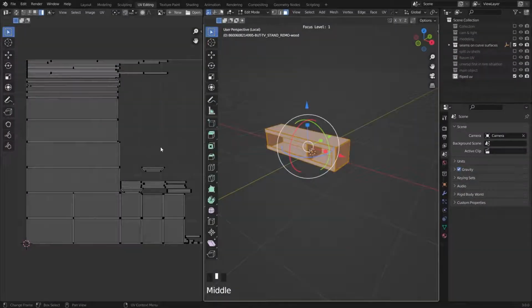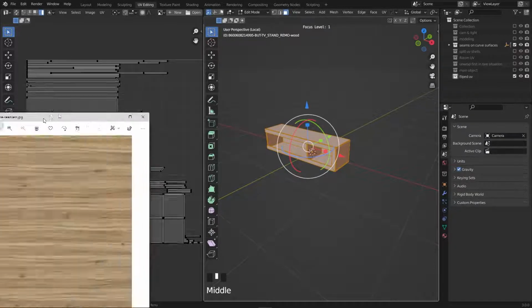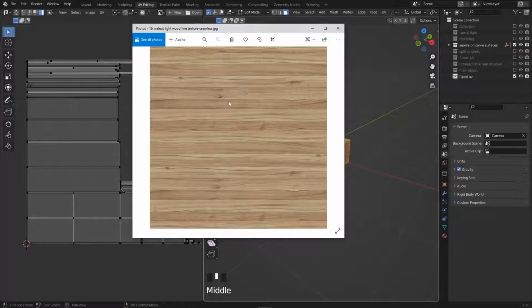Okay, next thing I want to mention: in our studio we should use tileable textures or seamless textures as much as possible. If you have a texture like wood, it has a pattern. The pattern should run from left to right, horizontally.